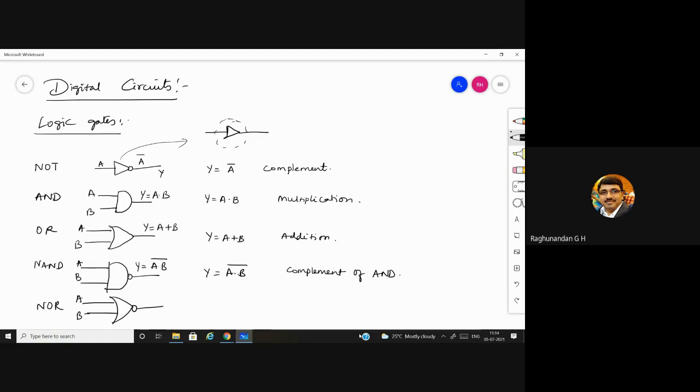It is also used in electronics. What does it indicate? This is the symbol for buffer. You remember what a buffer is?